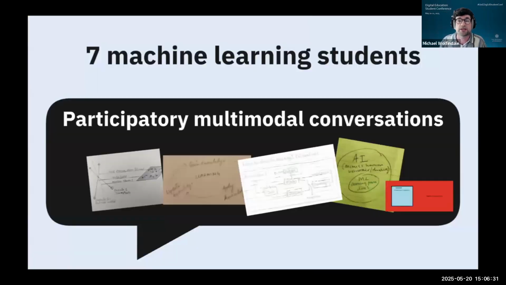So returning to my project, the data generation consisted of some semi-structured participatory conversations via an encrypted online chat with 7 machine learning students, based around tasks and questions, which involved them demonstrating how they conceptualize the concept of learning through the production of multimodal artifacts. So production of these artifacts was collaborative and participatory, and crucially, I acknowledged my position as researcher, unavoidably involved in their production. And this notion of the researcher being entangled in the project and the questioning of boundaries of subject and object, of researcher and site of research, aligns with my theoretical standpoint, which I'll cover a little bit more shortly.